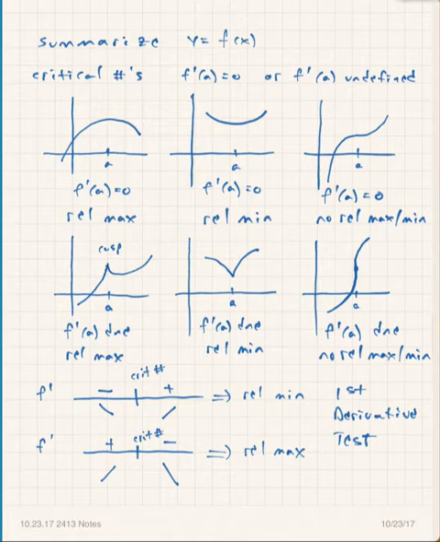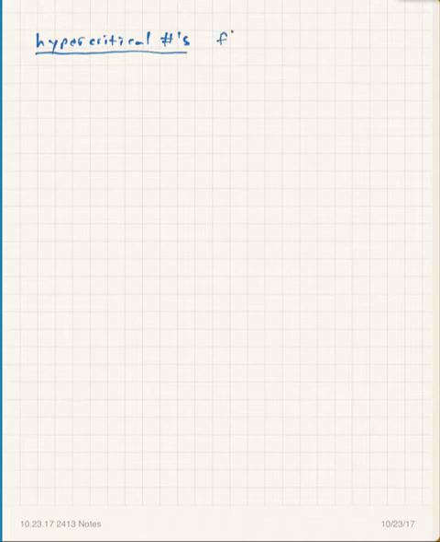All right. With the second derivative, now we're talking about what I refer to as hypercritical numbers. Remember, that is not standard terminology for the second derivative, but it's one that I use. And for hypercritical numbers, we're saying that those are places where the second derivative at a is equal to 0, or the second derivative at a does not exist or is undefined. All right, and so what we have seen with the second derivative, when you get hypercritical numbers, right, you get